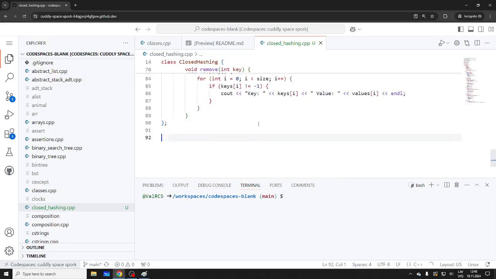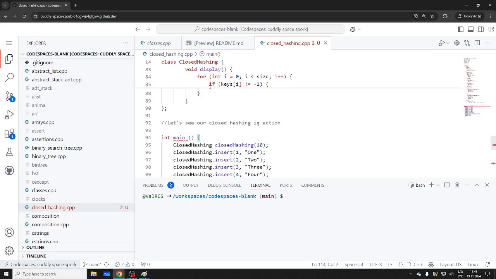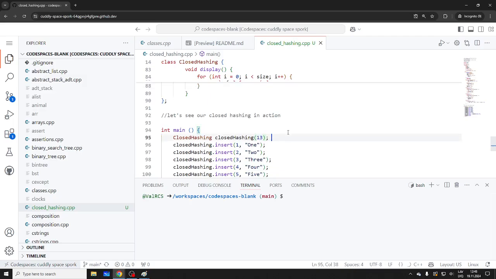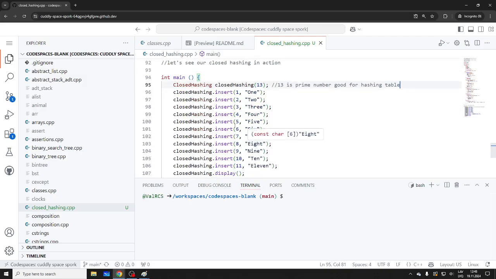Right, so let's test it. Yeah, exactly. So int main. All right. So 10. 10 is a good number. No, not good. Let's do 13, of course, right? Remember, primes are good for hash tables. Yeah. All right, so 1, 2, 3. Let's see.